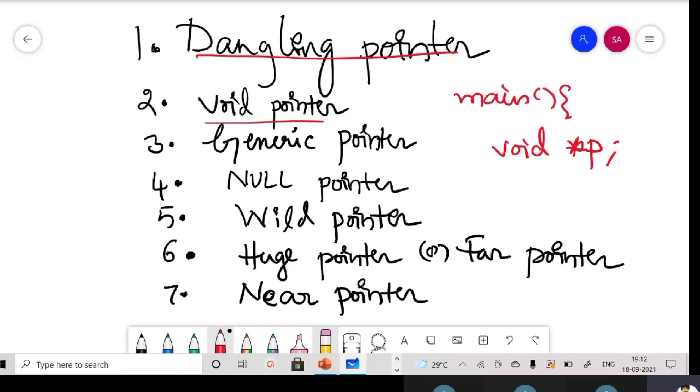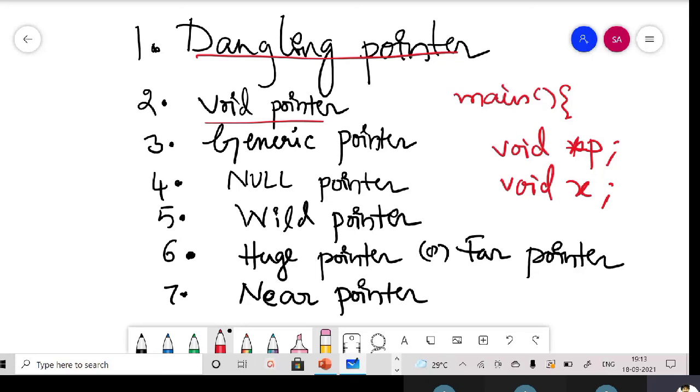Can I declare a pointer as a void? Or something like this, can I declare a variable as a void type, void x? Is such a facility available in C or not?